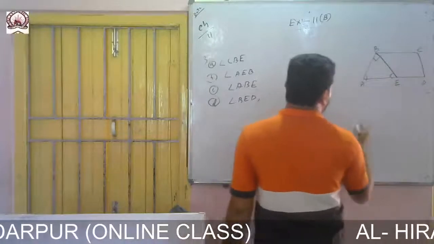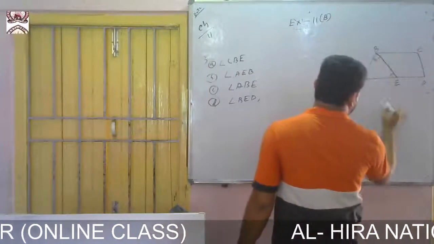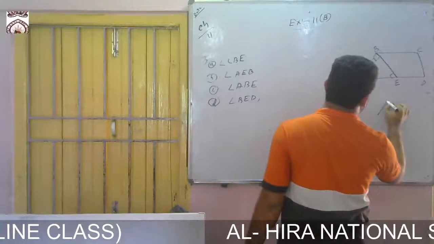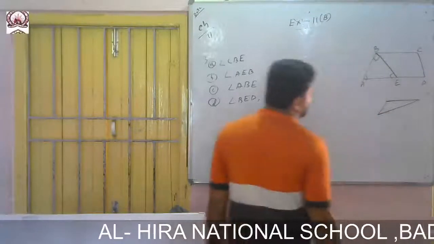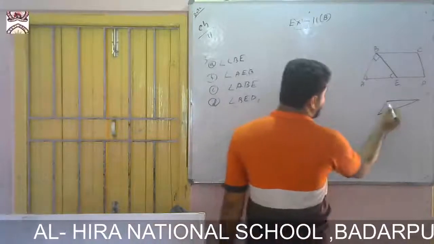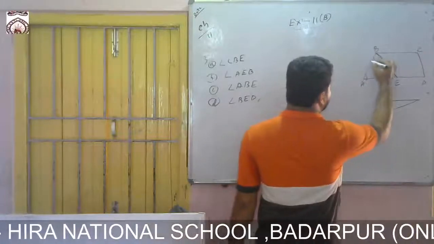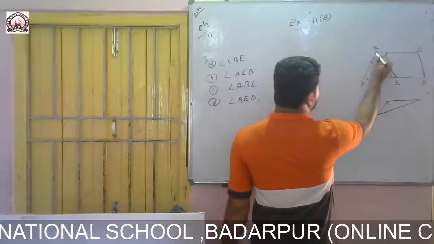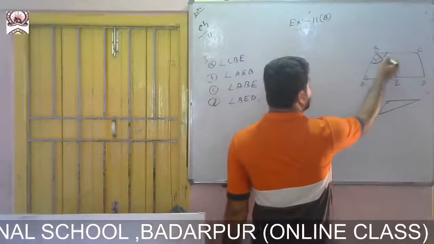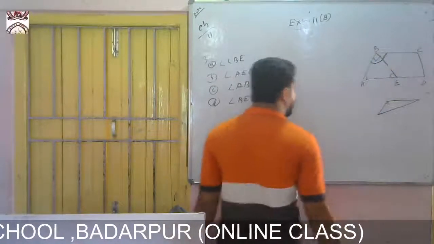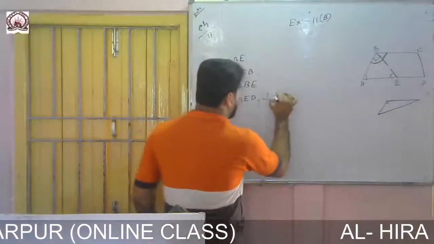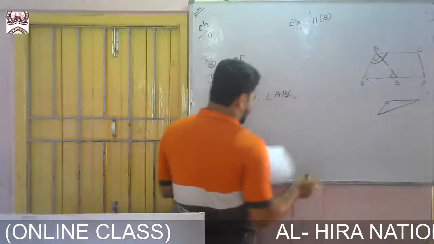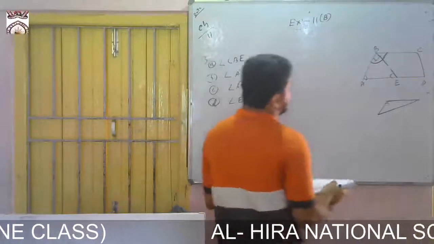Now ABC. Why? If I take ABC like this, this one is 90. If I take this angle fully, up to this one it is 90, so if I take this portion, it will cross 90 degrees. If it crosses 90 degrees, then it is obtuse. So I can take angle ABC.